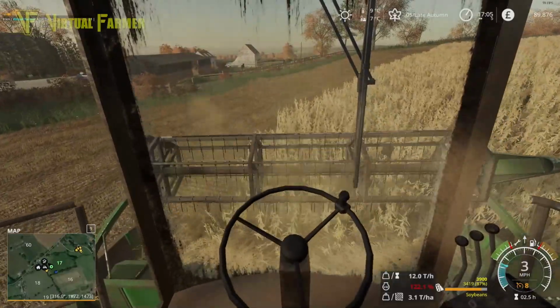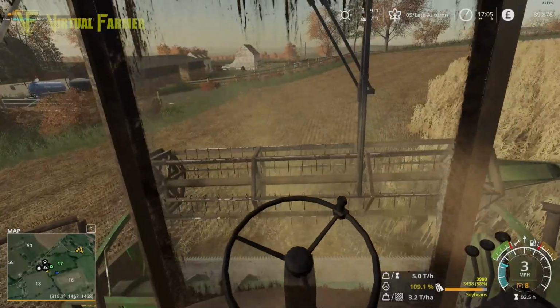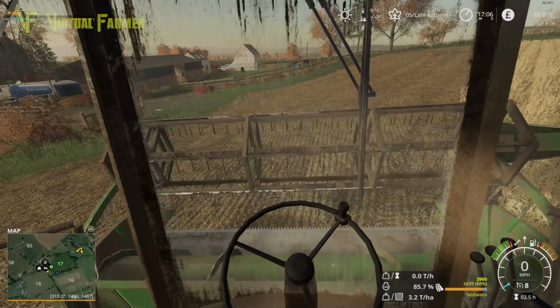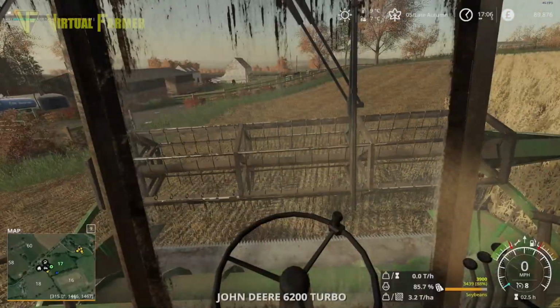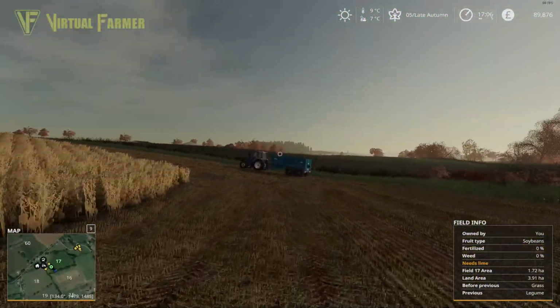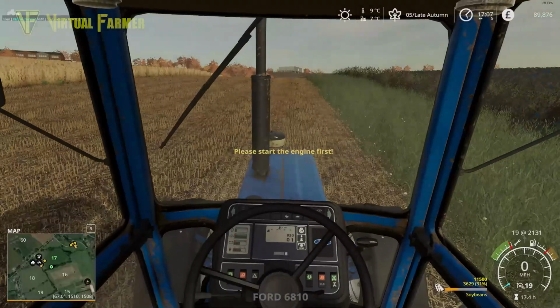So what I'm going to do is take us straight out of here just to even everything up. And then we're going to start on the far side of the field. Let's turn that off and get that out. Yep. And we're going to start on the far side of the field and start cutting, not so much along